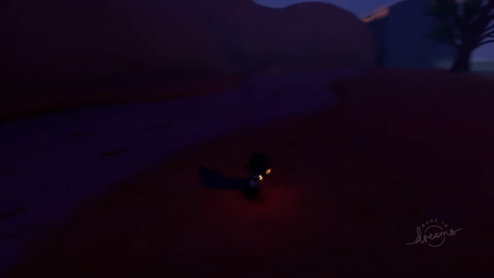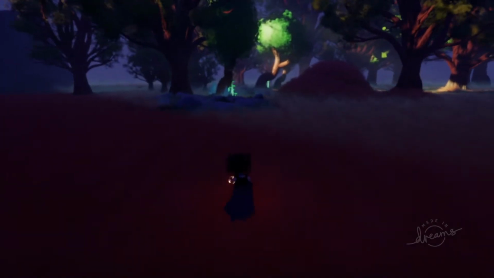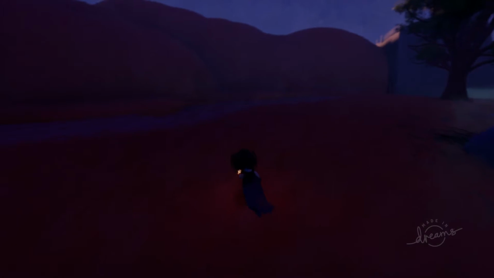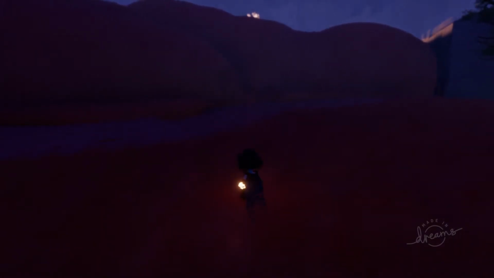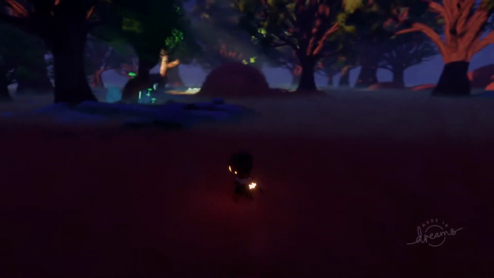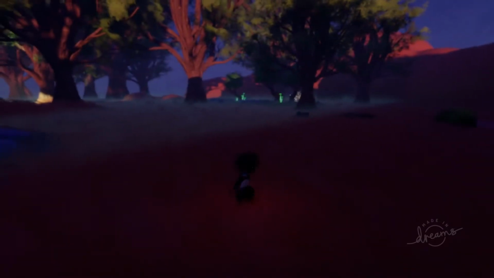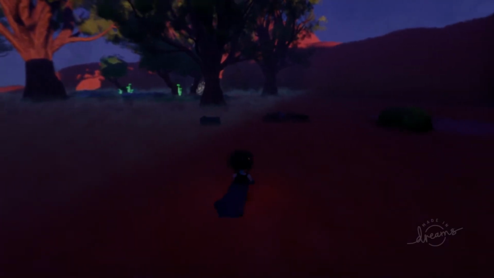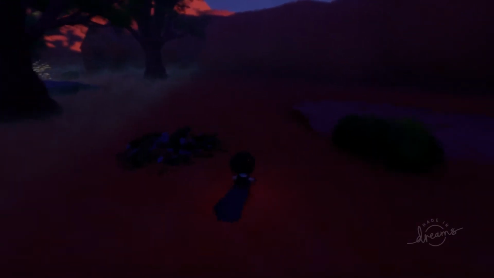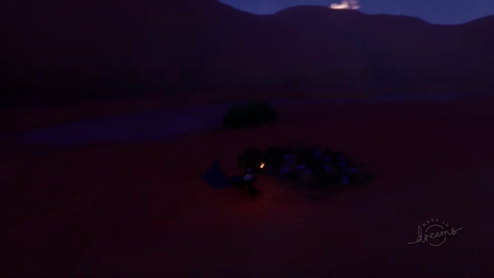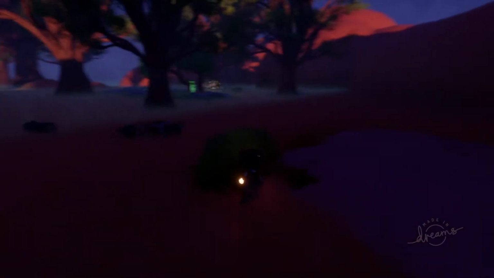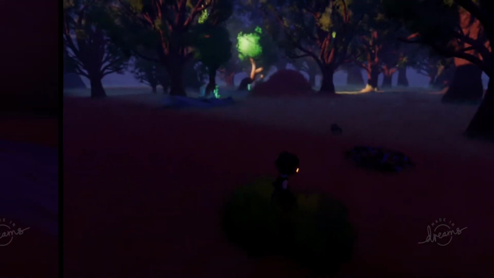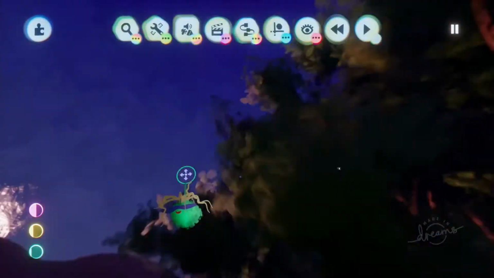But I didn't want it to be too bright because it doesn't fit with the aesthetic of the game. So I have a low sun, but it's still up. And then I've used spotlights and fog to create the beams going through the trees. The more trees I added, that also reacted with the light realistically in Dreams. So I didn't have to do too much other than put the trees in and let light do its natural